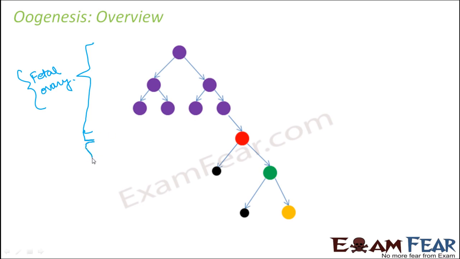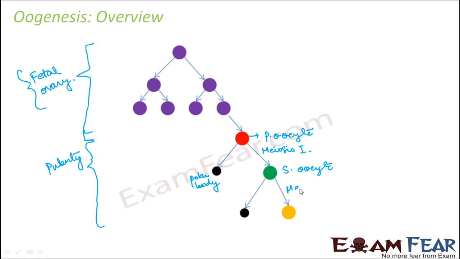Now once it reaches puberty, then what happens? This process starts post puberty. This one is the primary oocyte, and the primary oocyte undergoes meiosis 1. When it undergoes meiosis 1, it forms a large secondary oocyte and a tiny polar body. Then again this secondary oocyte undergoes meiosis 2, and it forms the ovum, the larger haploid cell, and another one is a tiny polar body. So this is how ovum is